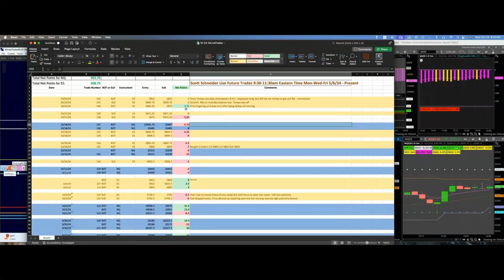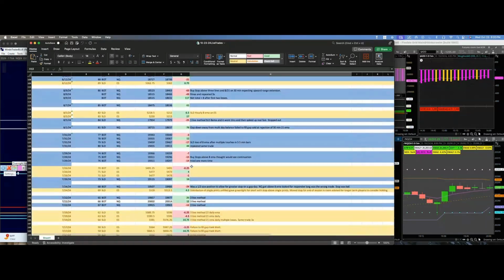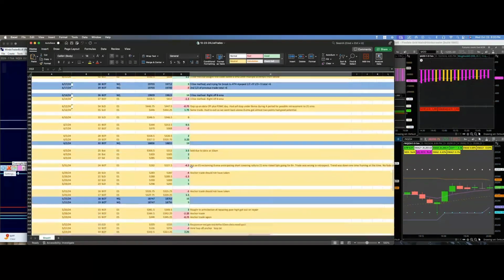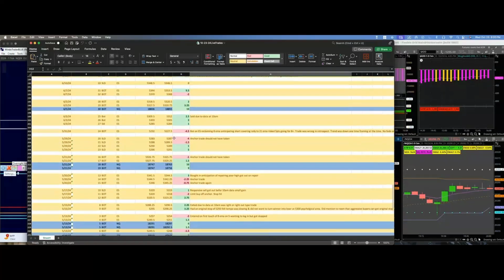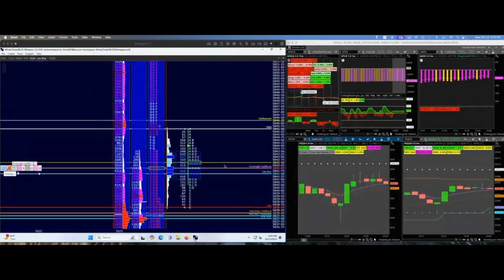The net points, if it's green, that was positive, the trade was a winner. And if it's in red, the trade was a loser. And you can see there's a healthy mix, but the winners outweigh the losses. So the trades that we took today, we took 3. 2 of them were scratches on trying to get a breakout of balance. But all